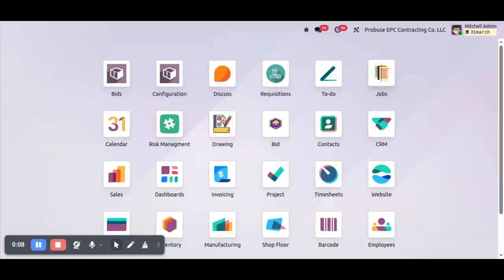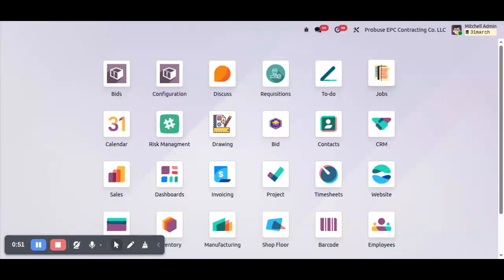In this video, we will demonstrate the engineering, procurement and construction contractor management system for Odoo. Many EPC companies manage engineering drawings, tender biddings, project planning, procurement, construction activities and project documentation using multiple disconnected systems. This often results in poor coordination, project delays, cost overruns, and limited visibility across departments. To solve these challenges, we developed the EPC Contractor Management System for Odoo. It provides a complete platform to manage the entire EPC project lifecycle from customer inquiry to project completion within a